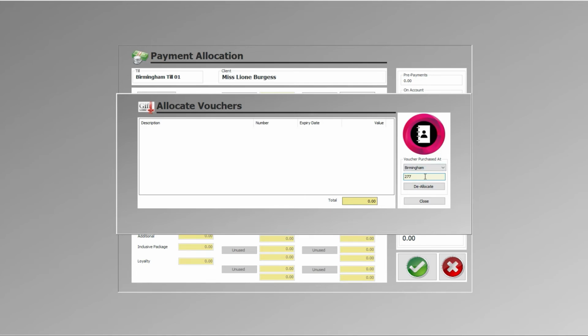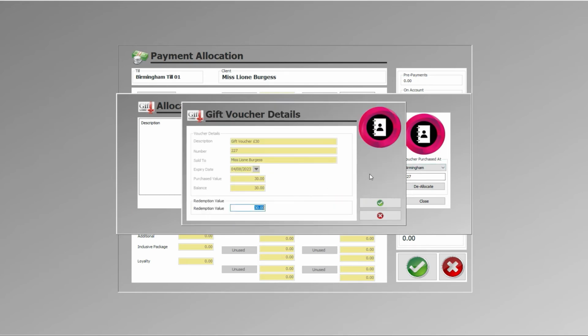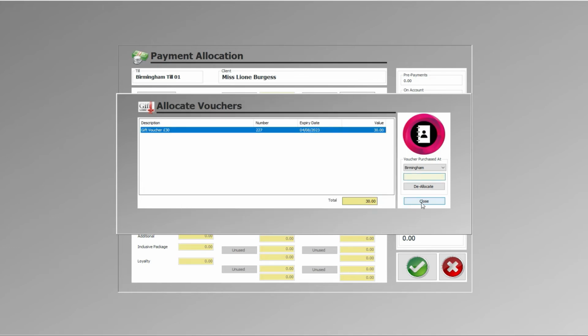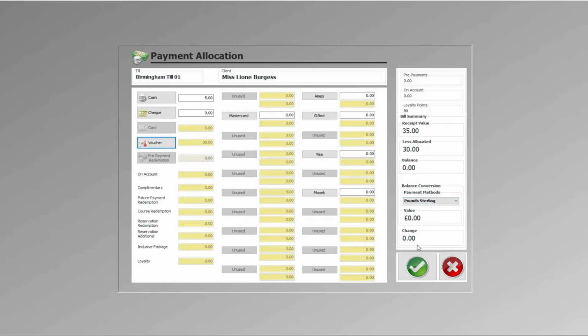If the number matches one in your system, you will be presented with a confirmation. If not, then you will be asked to create a new voucher. You can then enter the applicable voucher details. When all is done, click the Close button. You will then be able to click the green tick to complete the sale as normal, with the gift voucher